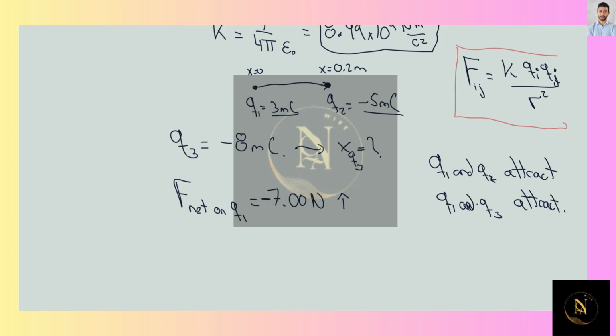Hi, so over here we have the following problem in which we have 2 point charges for which we know the position and a third one with unknown position. We're given the values for the charges of each of them. And we want to find the position of the third charge, knowing that the net force acting on Q1 is